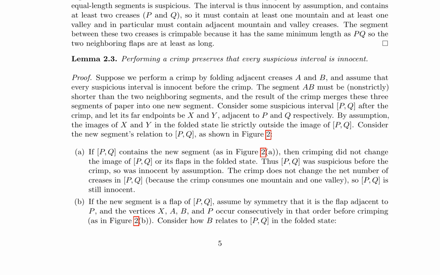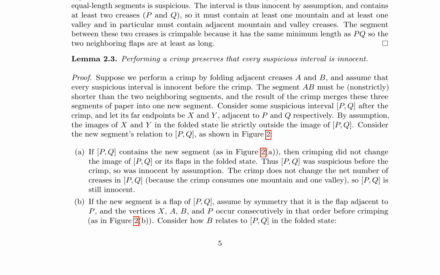of the interval. In the case where the new segment is a flap of the suspicious interval, the authors demonstrate that the crimp also preserves the innocence of the interval by analyzing how the vertices involved relate to the interval in the folded state. These results contribute to the broader understanding of flat foldings and their properties, shedding light on the interplay between crease patterns, suspicious intervals, and crimps. The technical details provided in this section serve as a foundation for further exploration into the geometric and combinatorial aspects